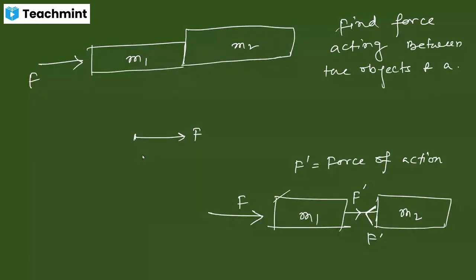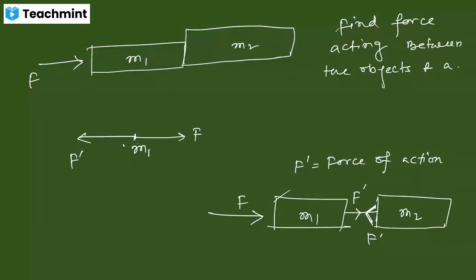Here we are assuming that when m1 applied some push force on m2, m2 becomes so much angry, and m2 has applied the same push force on m1. So if we are considering m1, this is the applied force. F is the applied force that I have applied on M1. So M2 has applied the same reaction force on M1 in that direction. Look here, the direction of F dashed I have written for the case of M1. So this has the opposite direction of the applied force.